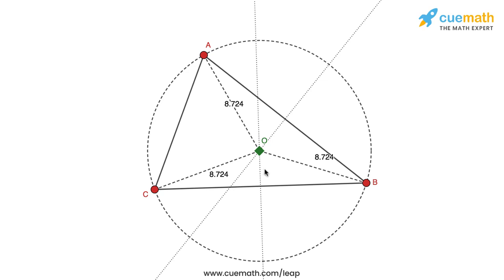This is a very fundamental concept in geometry, finding a point equidistant from 3 points. And always remember that it is found by drawing perpendicular bisectors of at least 2 of the 3 segments of the triangle.